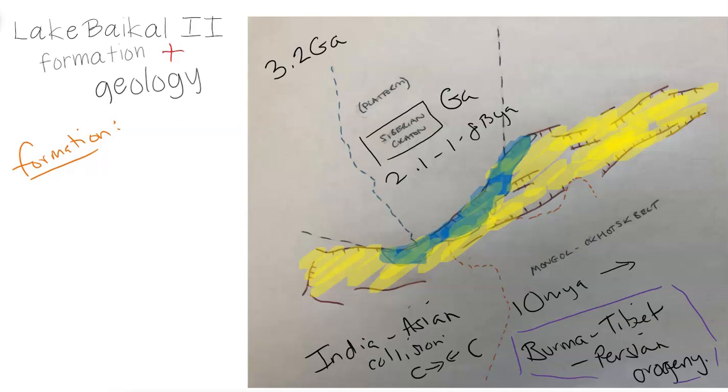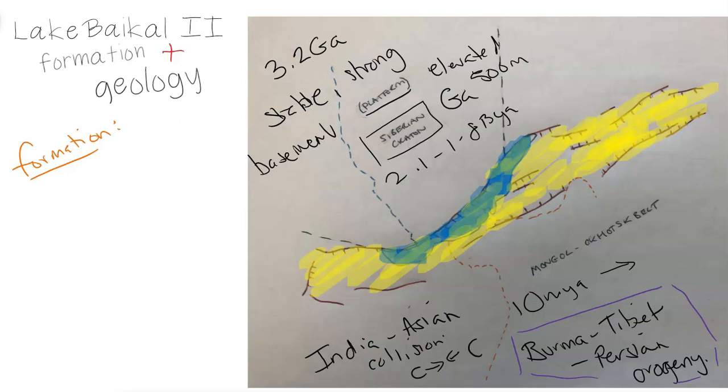So it's a very old, very stable, very strong basement rock. Now, most of it is covered in sedimentary rock. Obviously, there are some exposed outcrops of basement rock around, in terms of different shields. But this huge platform, this elevated, around 500-meter elevated section of Siberia, is very strong. And this area here, which is characterized by lots of normal faults, which we know come from tensional stresses on the rock, is shown to be weak,